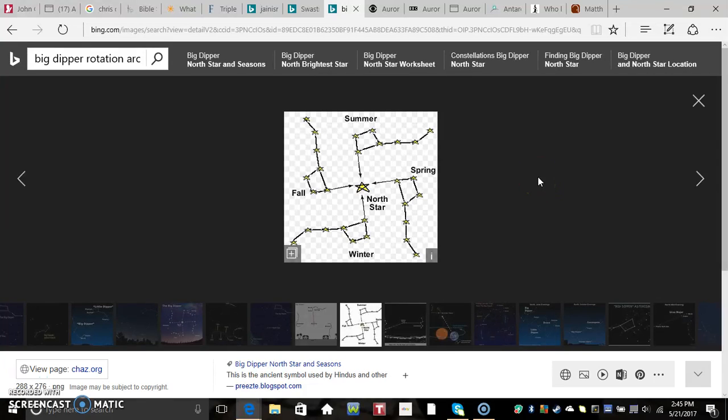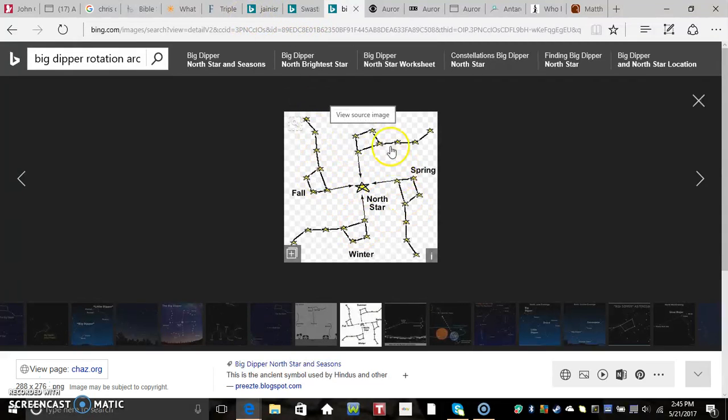During this video, I'd like to present theories for what's located in the North Pole and what its purpose is. What we're looking at up on the screen here is the Big Dipper rotating around Polaris. This is the North Star Polaris right here, and this is the Big Dipper for each season of the year rotating around Polaris. So what this looks a lot like is actually a swastika from Nazi Germany,